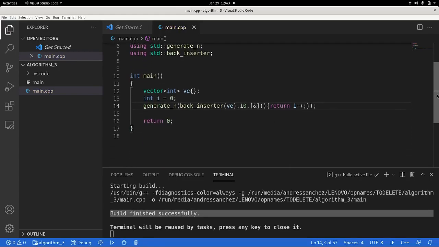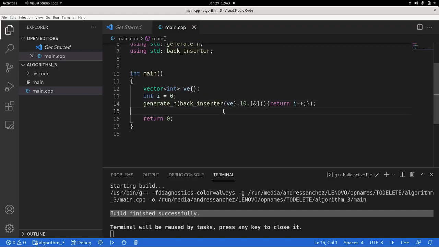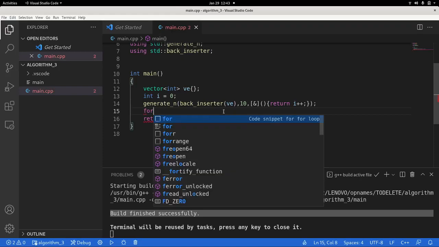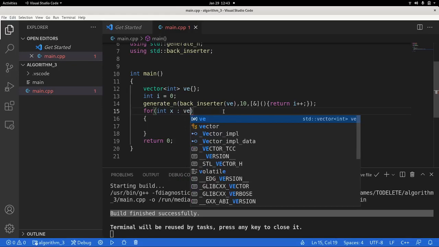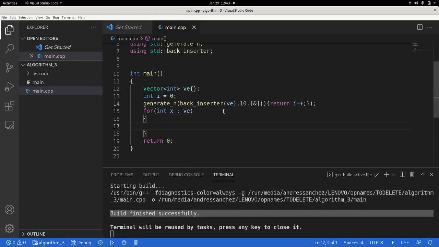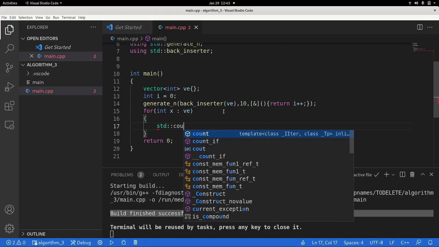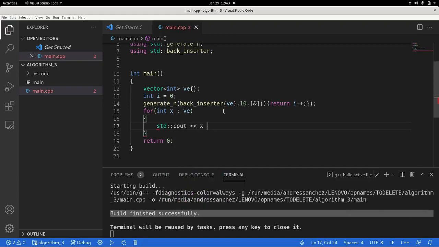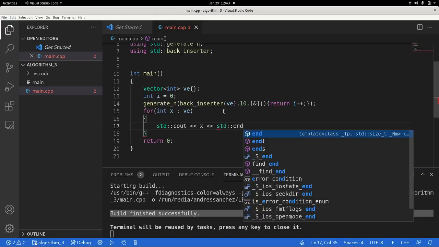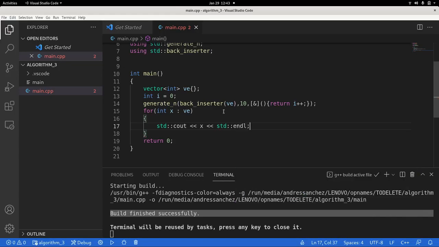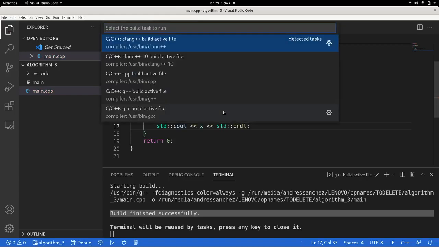If we execute this application, it's not going to do anything that we can see on the screen. So in order to see what we just created, we have to use a for loop in which we are going to loop through the whole vector, and with std cout we're going to print on screen what we just did. So we compile once more,